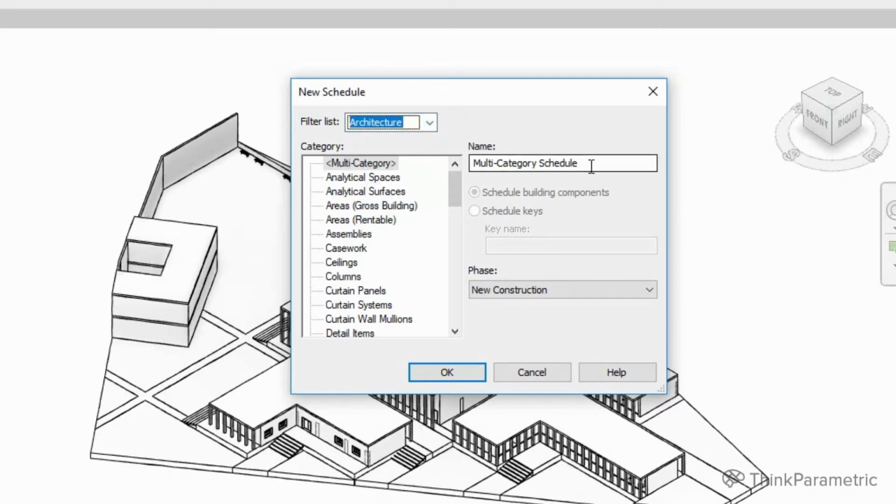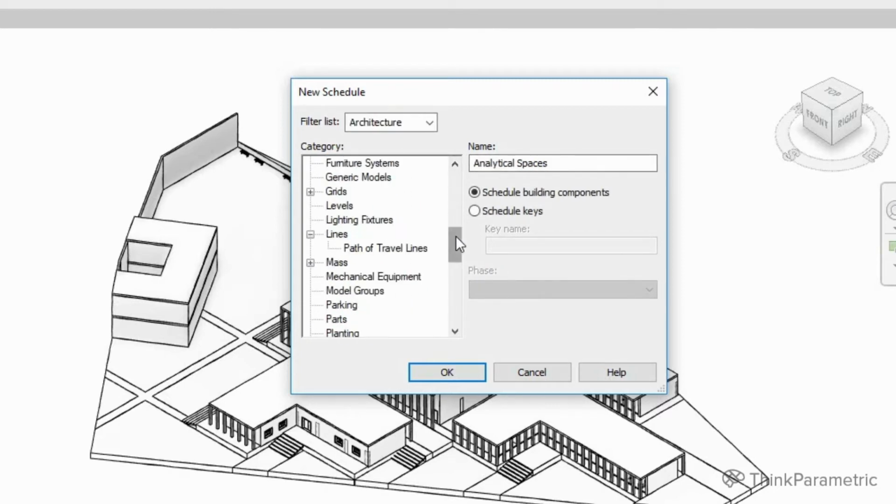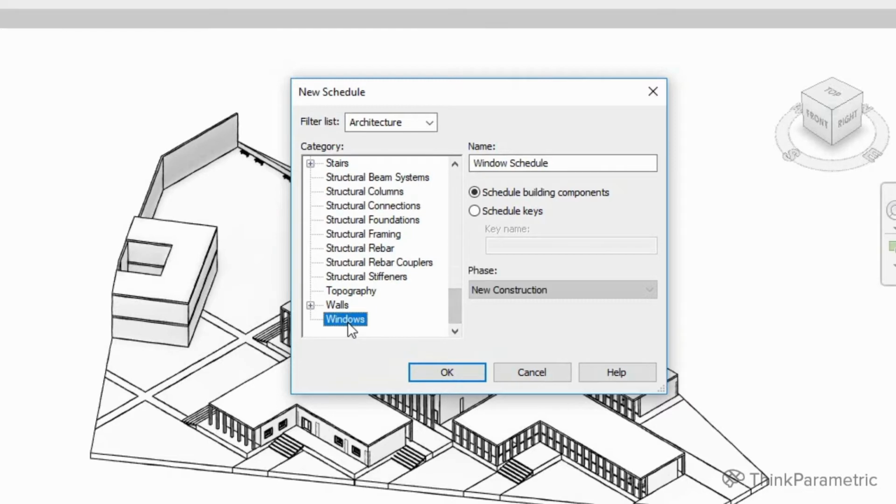We have the name, so we can create the schedule we want, and we have the categories we want to schedule. So we want to schedule the windows, so I'll name it window schedule. We can also use this schedule key. We'll use this in a future lesson. And here's the phase, so you can either choose the existing windows or the new construction windows, or whatever phase is inside the project. So let's click OK.